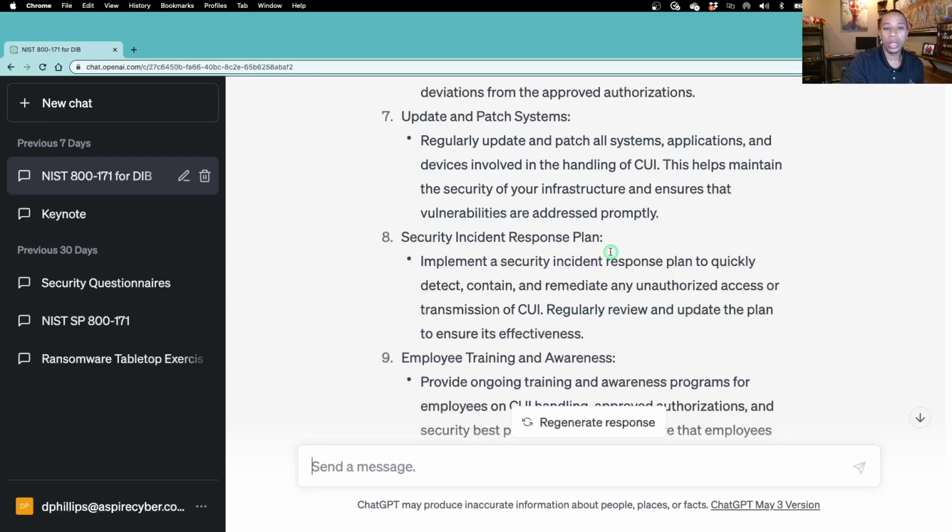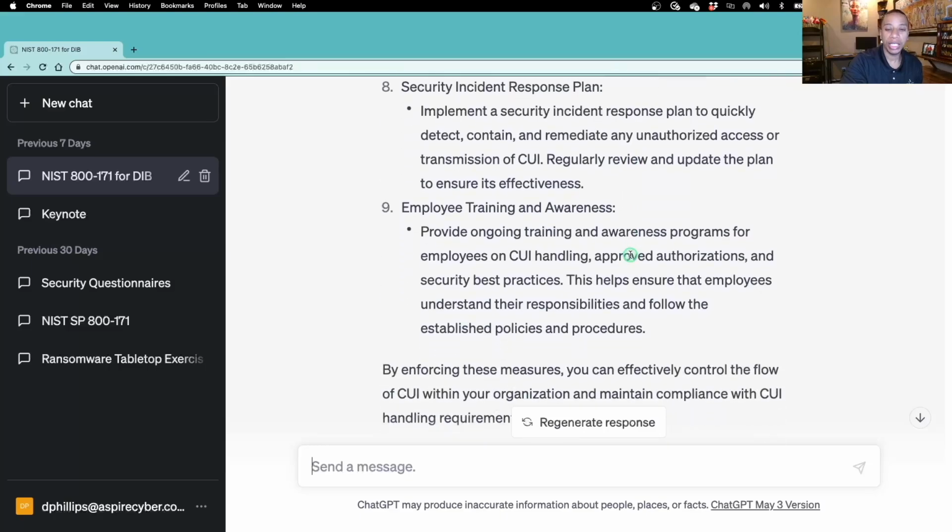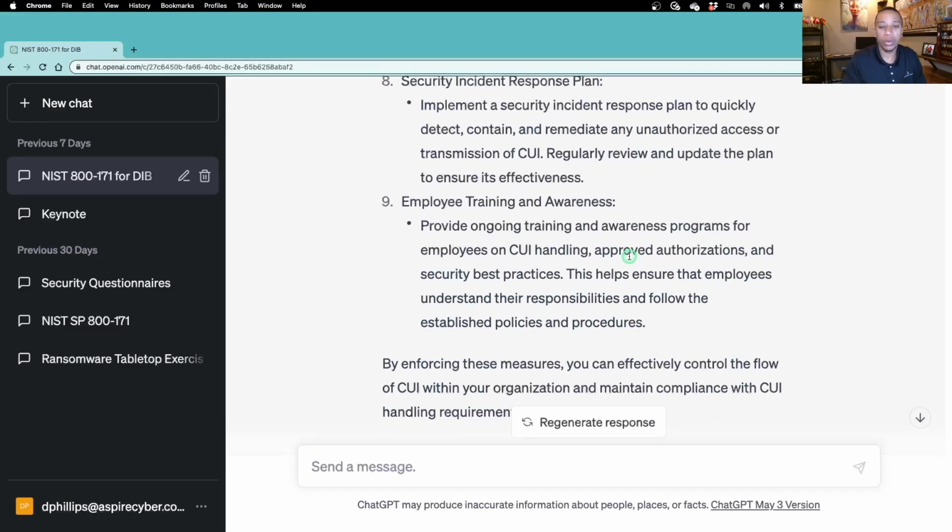We have gone through the practice for 3.1.3 and also all 5 assessment objectives. As I continue to emphasize, for each practice, you have to evaluate the assessment objectives to ensure that you are producing the evidence required to show that assessor during that CMMC level 2 assessment that you have fully met the